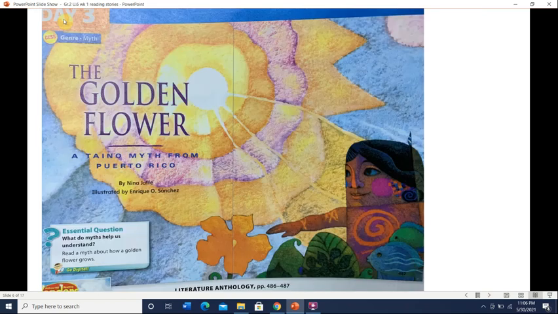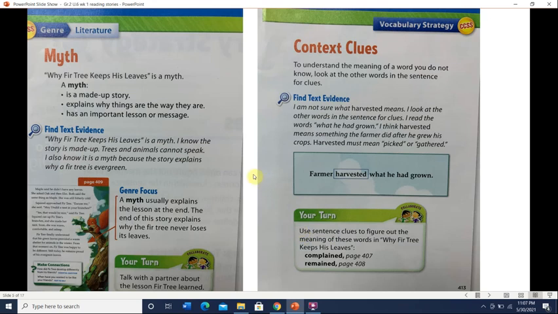Now let's go to the genre. This is the first time we've ever taken this genre, and it's a myth. Okay? What is a myth? As the story said in the beginning, a long time ago in ancient times. So does this mean the story is new? No, the story is an old story. What about, do you think it's real or not real? Do we have trees that talk? Does nature talk to us? And do trees talk? No.